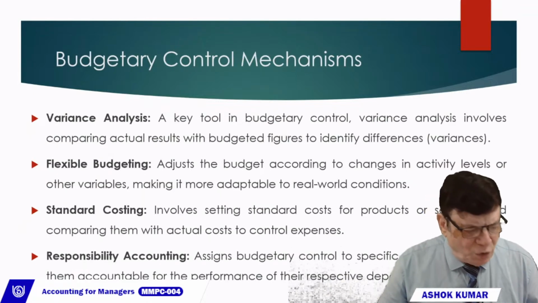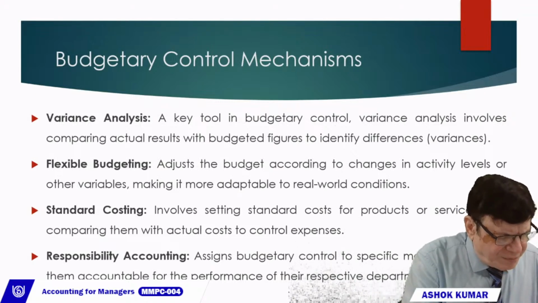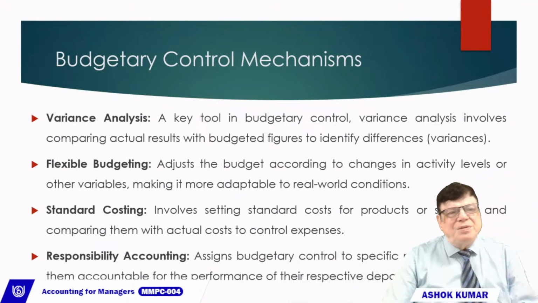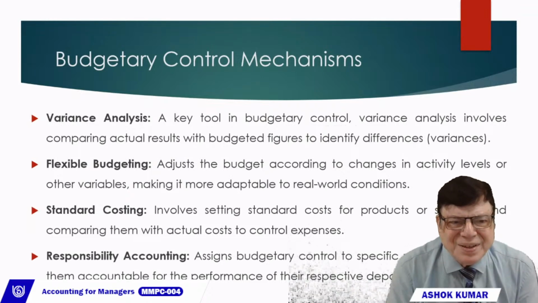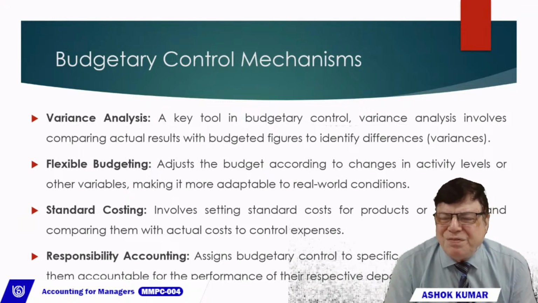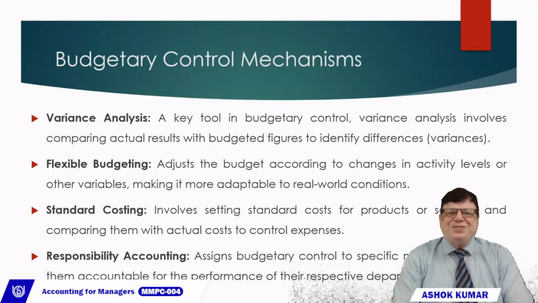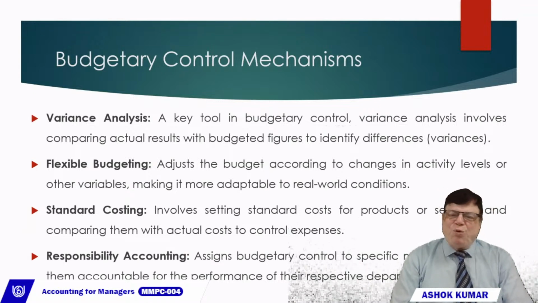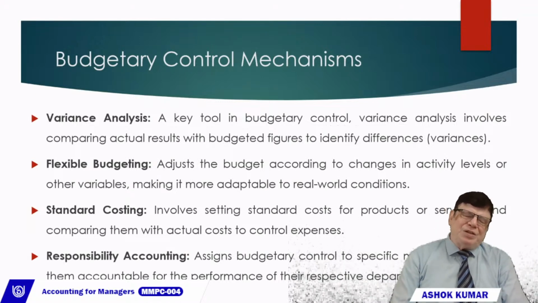Now, budgetary control mechanisms. What are the budgetary control mechanisms? The mechanisms are variance analysis. A key tool in budgetary control, variance analysis involves comparing actual results with budgeted figures to identify differences. So in a company, in production, they had planned that in this particular